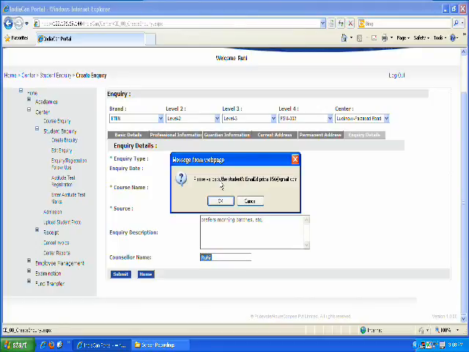If the ID is correct, as we have priya.156@gmail.com, then click on OK, else click on cancel to edit it. I'll click OK. Again a message comes, you won't be able to edit the details later. If you wish to edit the details now, you can click on cancel, else click on OK to submit the details.